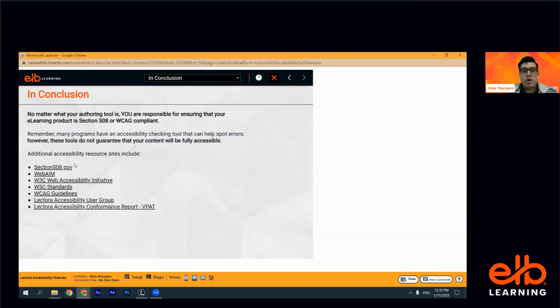More links if you want to go over the specific guidelines and specific instructions on how to make it accessible, no matter if it's a Lectora project, even if you use another tool, you can read all of these links. You will have more information regarding accessibility. I know this specific talk is Lectora oriented, but on these links you will learn extra information that is important. I know accessibility is huge. I mean, we're not gonna have enough time to go over all accessibility features, but we wanted to focus this